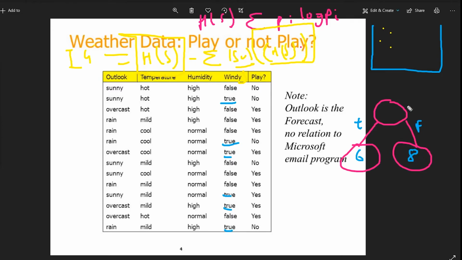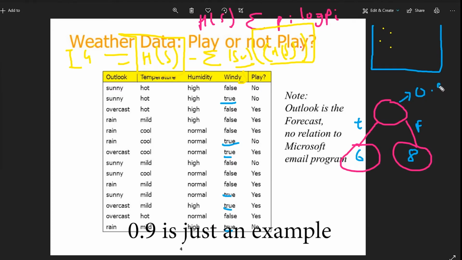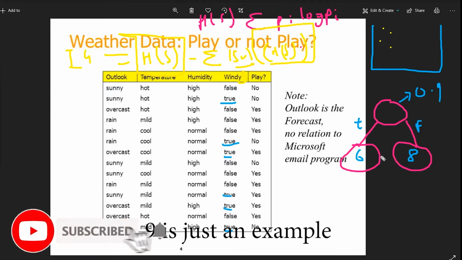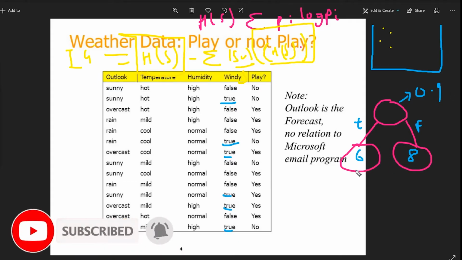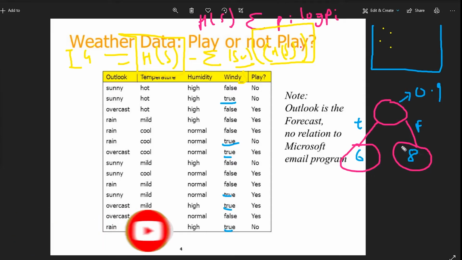As we calculated our entropy for this part, that entropy is going to be around 0.9. You can always calculate that with the formula. Okay, so we are also going to calculate the entropy for this and for this. So for this, what is going to be the entropy? Let's suppose we are considering them as true.